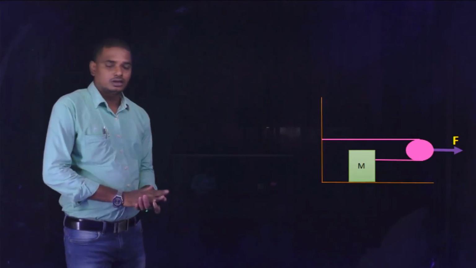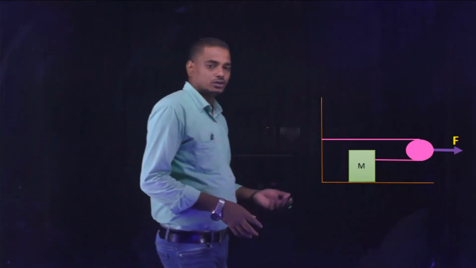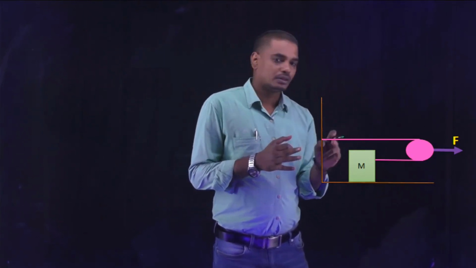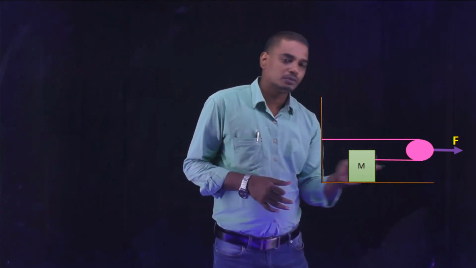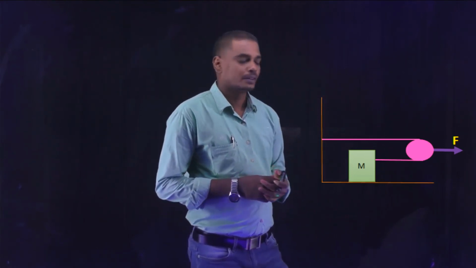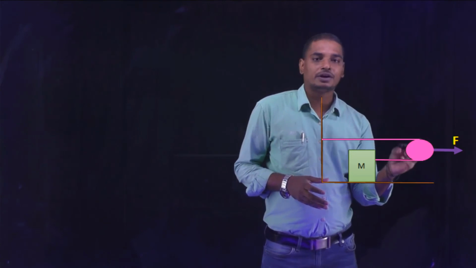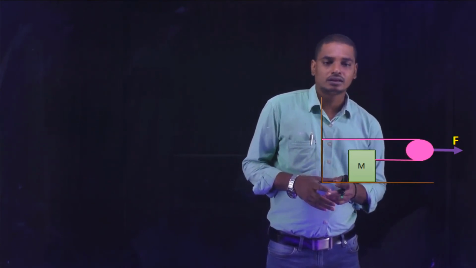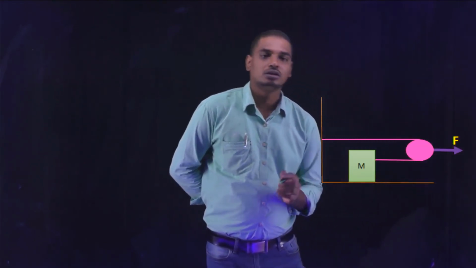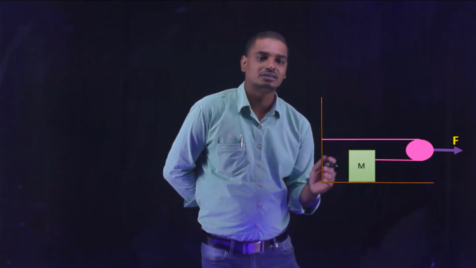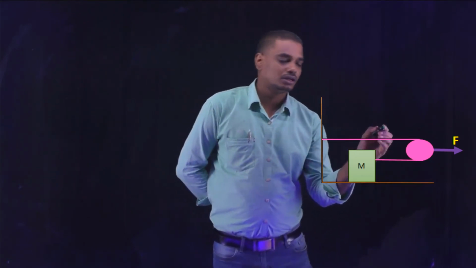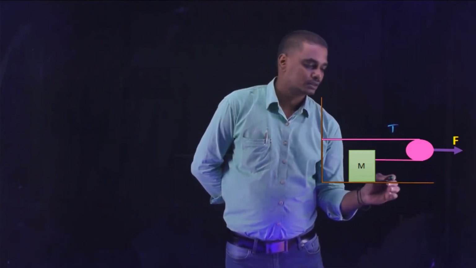Okay, students. Now the case given is, here the pulley is massless and a block of mass m is connected over the pulley by using a string. The other end of the string is connected to a rigid support, and a force F is applied over this massless pulley. Such that the pulley is moving in this direction, the block also moves in this direction with an acceleration. Let the acceleration of the block be a, and there is a tension in the string. The tension is T. Here also the tension is T.